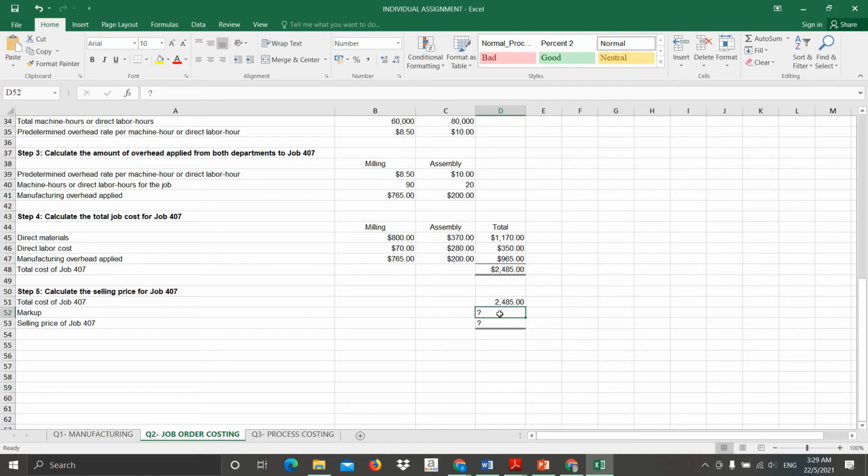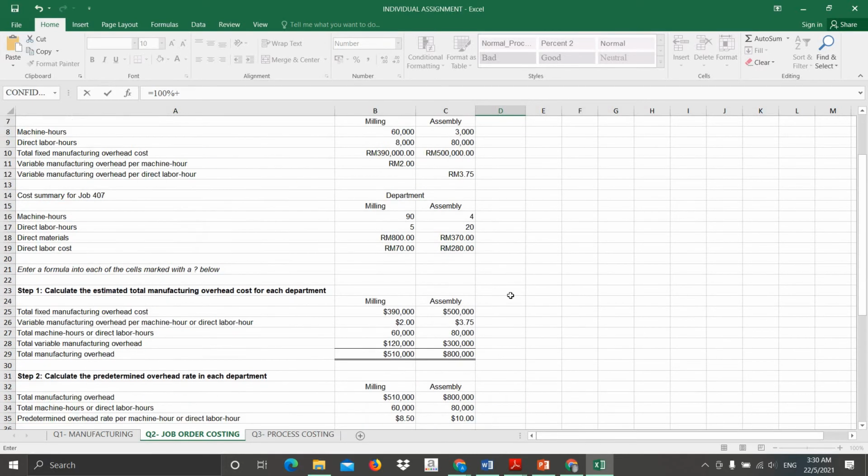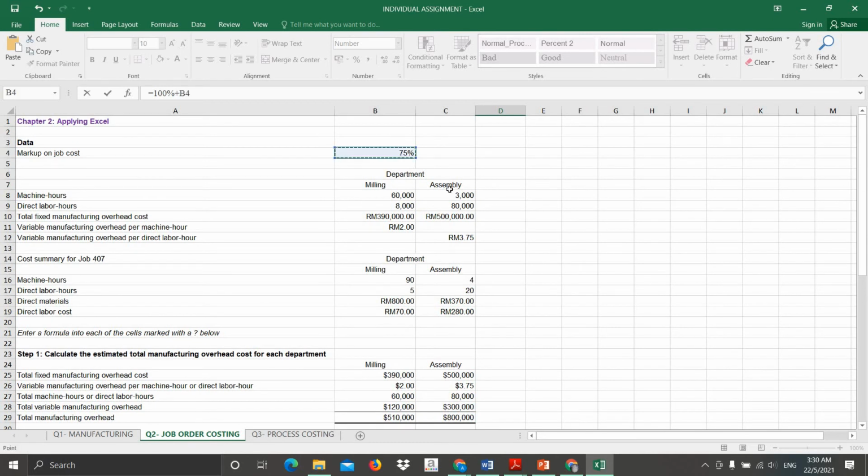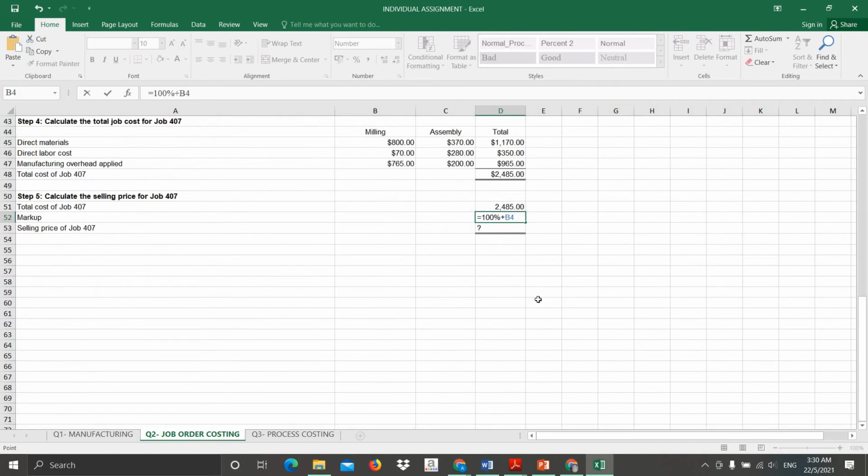For the markup, we need to add 100% with the markup given up here. Then we get 1.75, and for the selling price of job 407, we need to